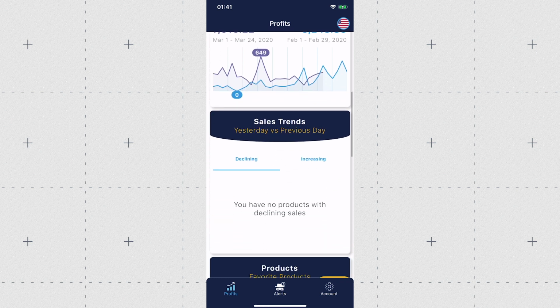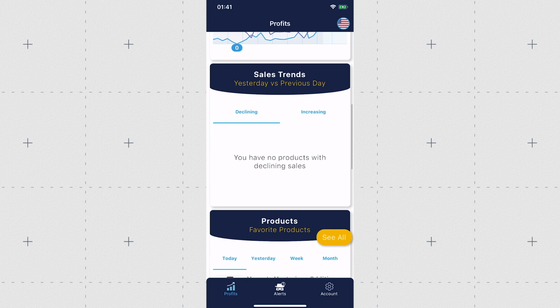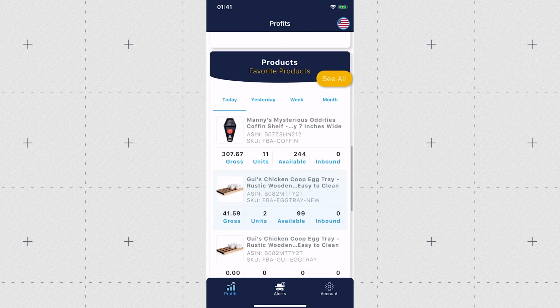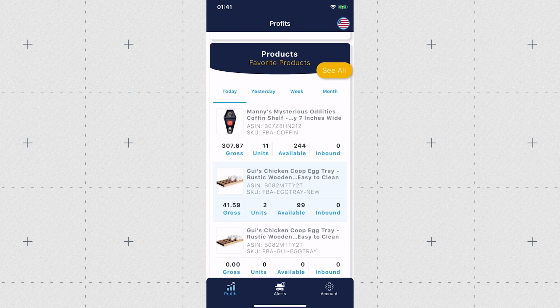Next area here is your sales trends. Good sign here. We'll show you declining or increasing sales for the day. We have no products with declining sales. That's a good sign. But if you did, maybe it's some products that you might want to look into. Moving on, we're into the products section. Big section here. Lots of stuff that you can really dive deep in on. Here we're showing you favorites,